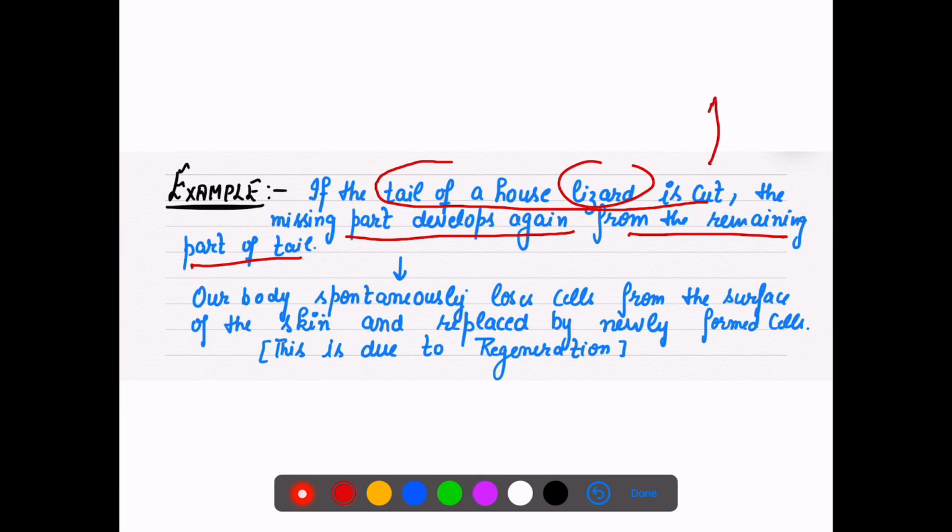But what will you call this process? The tail is cut, now it is developing again. Will you call it with another term? No, it is called regeneration only. As this regeneration is a reproduction method,